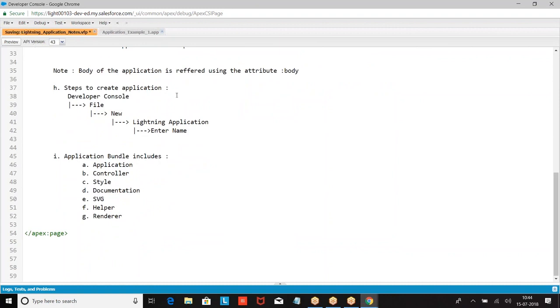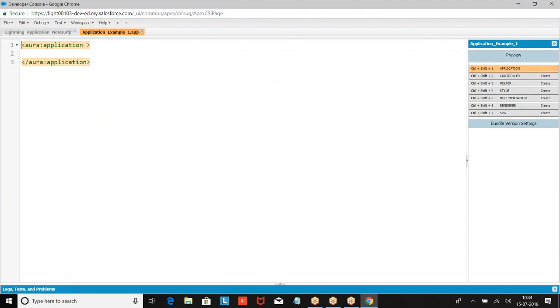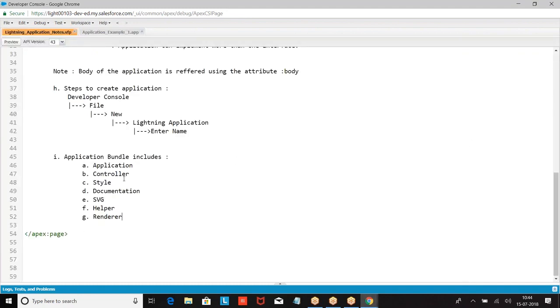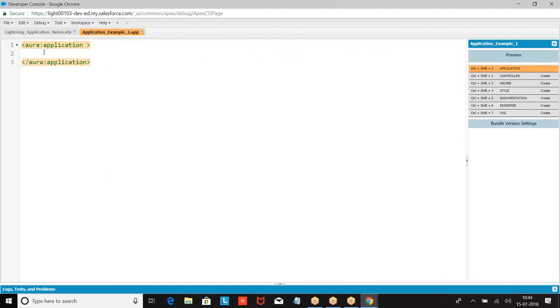The application contains all these components. When it is an application bundle, it includes application, controller, helper, then we have style, documentation, renderer, and SVG. This is the application bundle. All this together is one application.